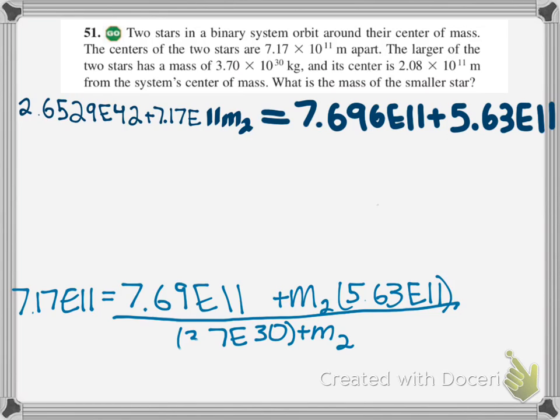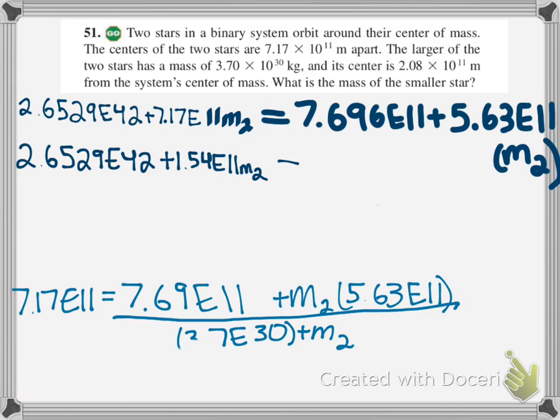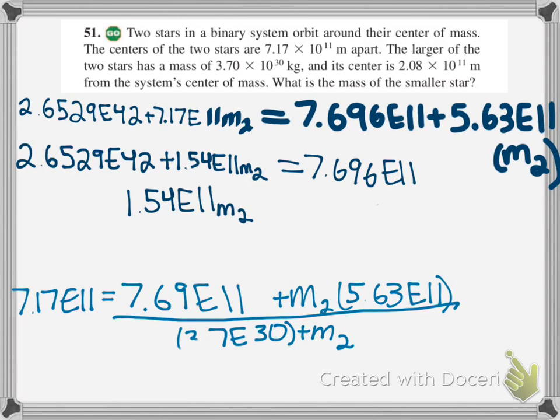Equals 7.696 times 10 to the 11th plus 5.63 times 10 to the 11th M2. Again, I'm just leaving that side as it is. No need to touch that. So now we're just going to keep solving for M2, really. You can see what I do here is I just subtracted the M2 from both sides, okay? I did 7.17 E11 minus 5.63 E11, okay? That gives you